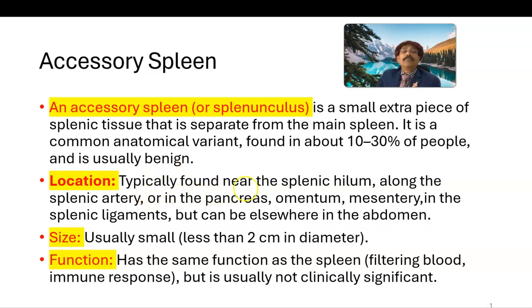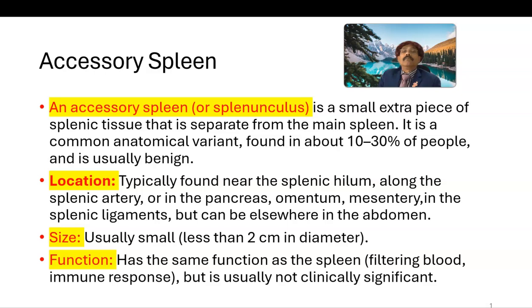Location: typically found near the splenic hilum, along the splenic artery, or in the pancreas, particularly near or inside the tail of the pancreas. Omentum, maybe the greater omentum or lesser omentum. The mesentery of the intestine. The splenic ligaments, like the gastrosplenic ligament, or the splenorenal ligament, or maybe even